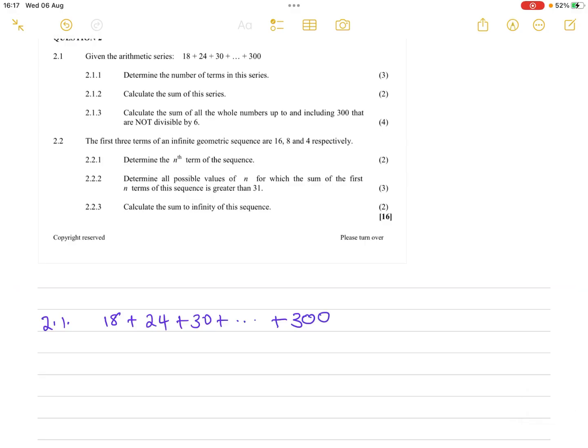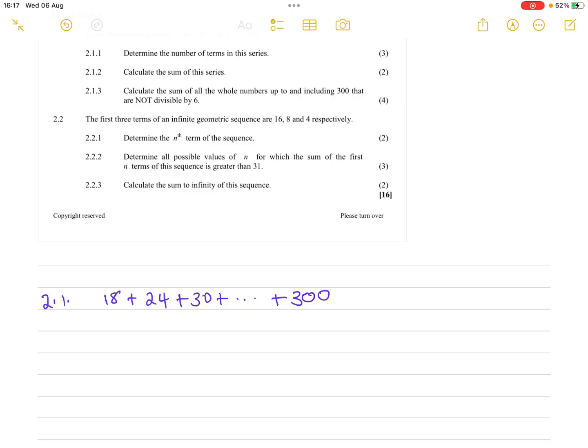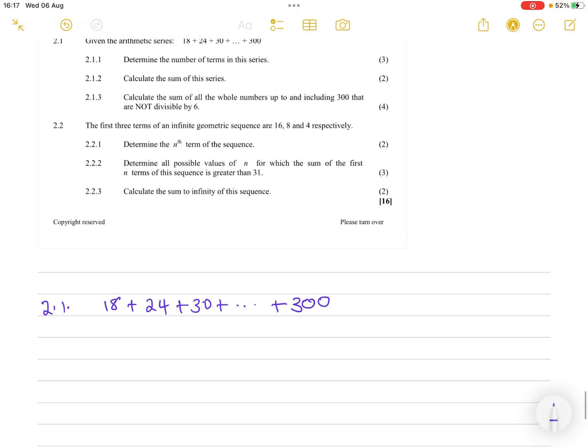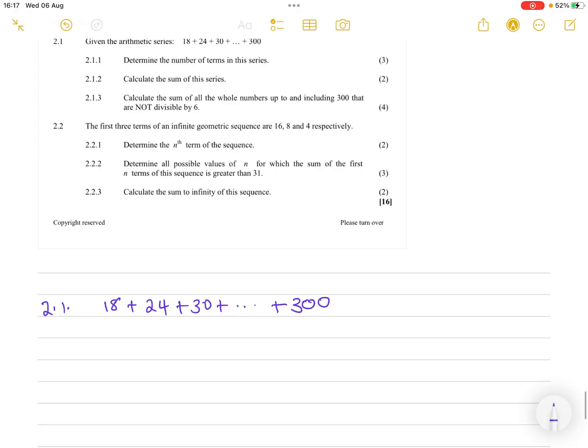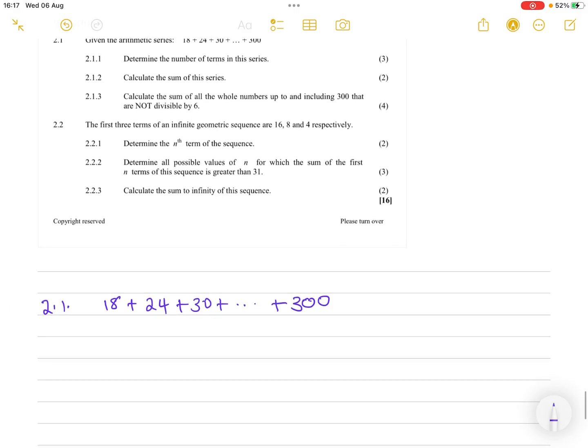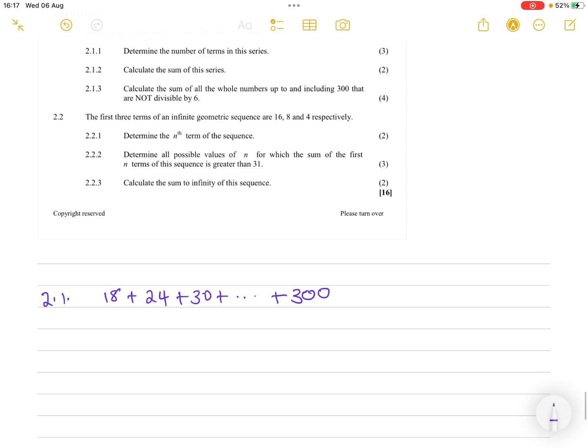Okay, then the task says that we are required to determine the number of terms in the series, meaning we are required to find the value of n. So how do we find the number of terms of this series, provided that we have been told that the series we are working with is an arithmetic series? In order for us to find the number of terms, we want to find the location of the last term, because we are given the last term. First things first, we have to find a general term for this